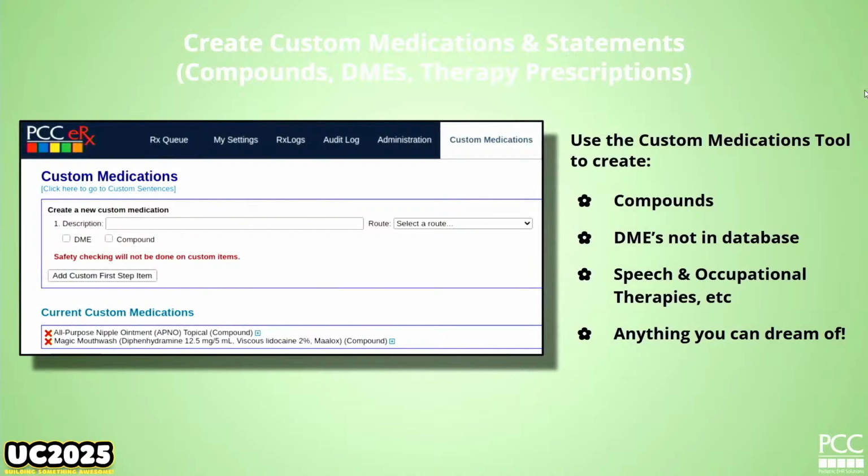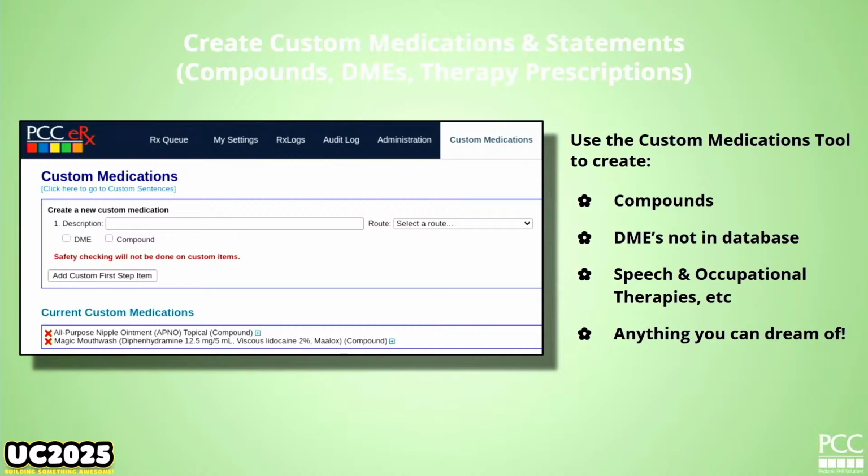Additionally, you can create any med that's not in the system. If you want a sentence for albuterol that matches what you do because everything in the system isn't quite right, you can do that too with that administration privilege. And again, these are going to be practice-wide. By default, we added an APNO and a magic mouthwash. You might use slightly different ingredients for both of those. If you want one of these super cool itemized recipes, we can work with you. If your butt paste has a couple different ingredients or whatever fancy word you use, we're happy to do that.